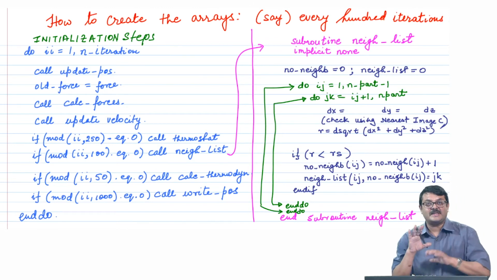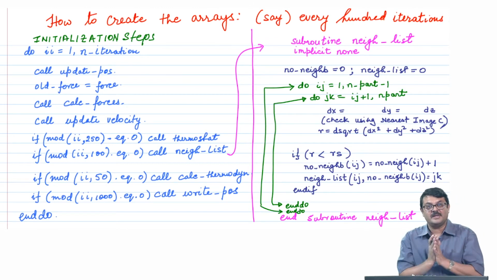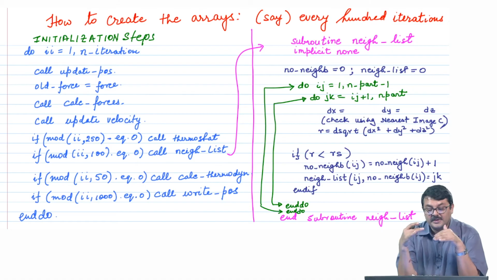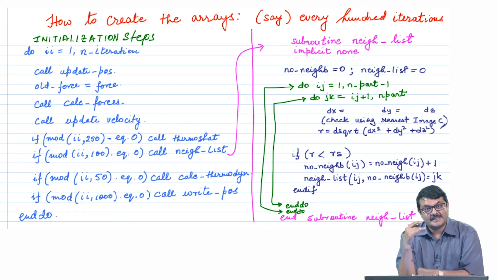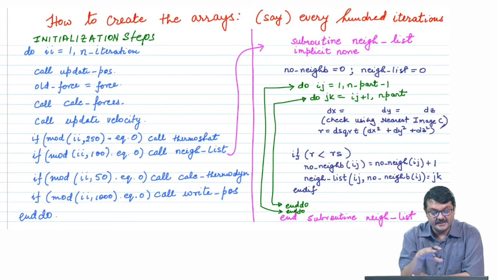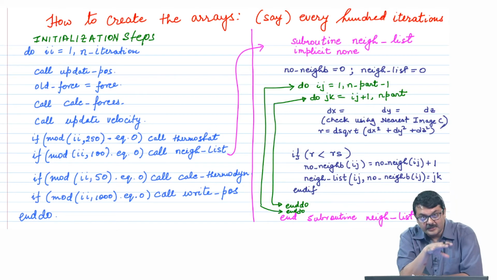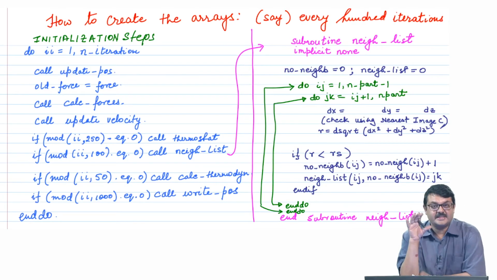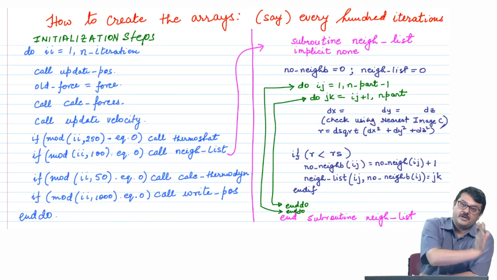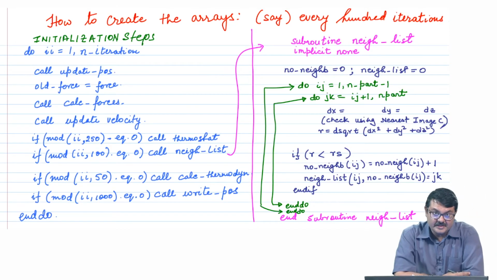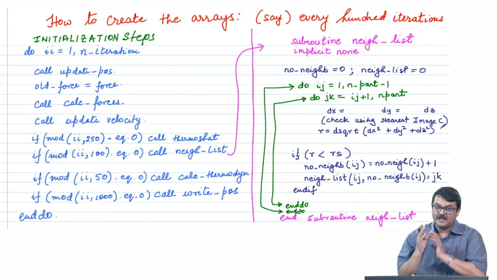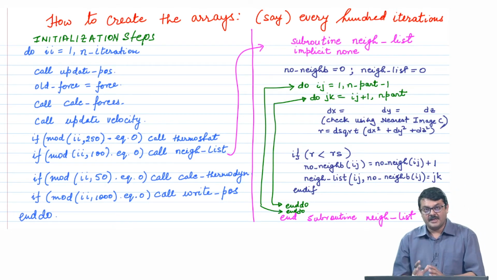So, that is basically the broad idea of how neighbor lists are generated. Now, let us go into the details and discuss in even greater detail the algorithm, how you calculate it in the code, and what changes you have to make from whatever we have discussed previously. And so, now we are trying to increase the efficiency of the code, and believe me, without neighbor list you